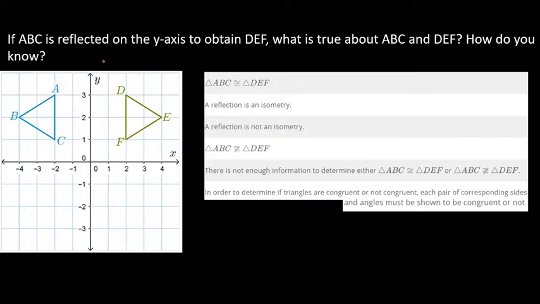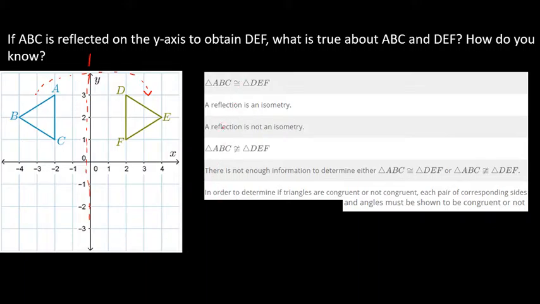ABC was reflected on the y-axis, meaning we started with this triangle ABC, the y-axis became our axis of symmetry, and this was reflected over to create triangle DEF. And I want to know what is true about these two triangles. What's true about the relationship between them? So let's inspect our answer choices here. I've got triangle ABC is congruent to triangle DEF. A reflection is an isometry, a reflection is not an isometry,